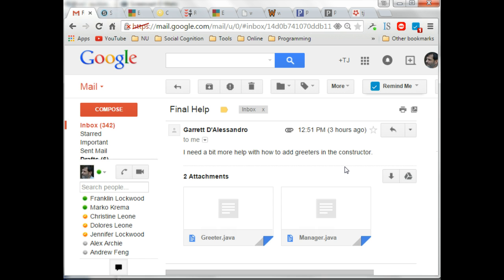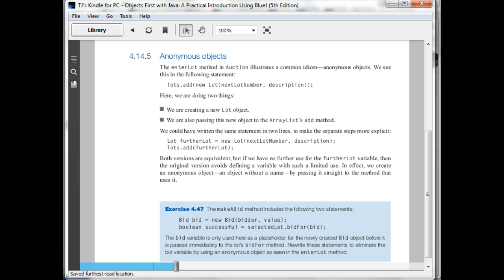What I suggest is you take a look at this section 4.14.5 in the book on anonymous objects, and actually this shows you two different ways that you can add new objects to a collection. So here we're adding lots. If you remember the auction project,